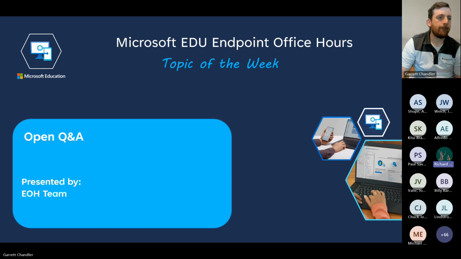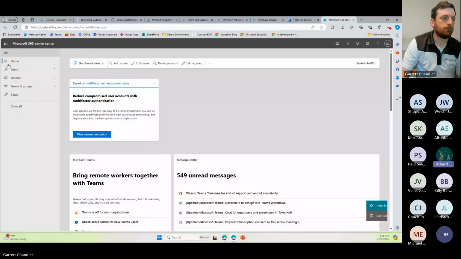So in order to be in that commercial data protection state, the license has to be assigned to the user. And then when the user goes to copilot.microsoft.com, they will have the experience where it says that their data is protected and it's not being used to train the LLMs and all that kind of stuff. When we made that announcement, we announced that it was only available for faculty and staff